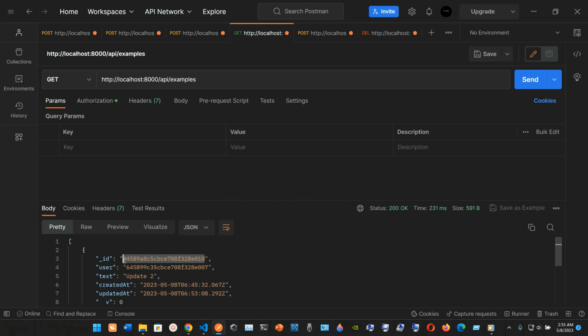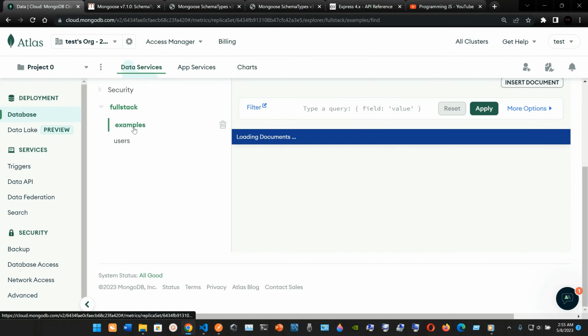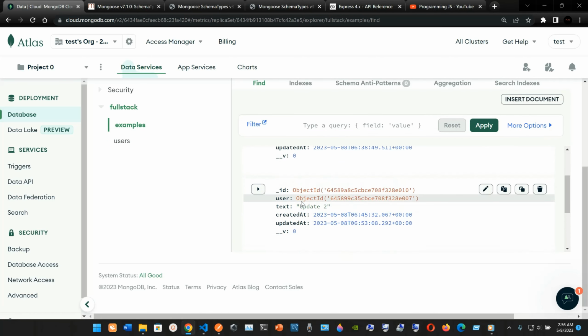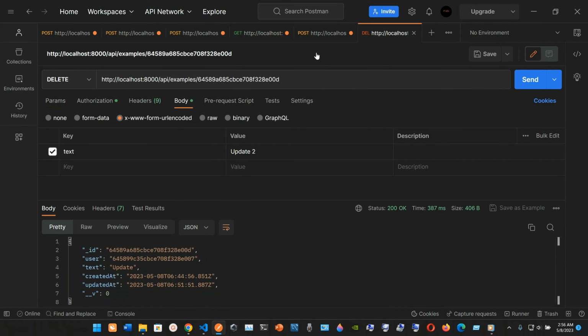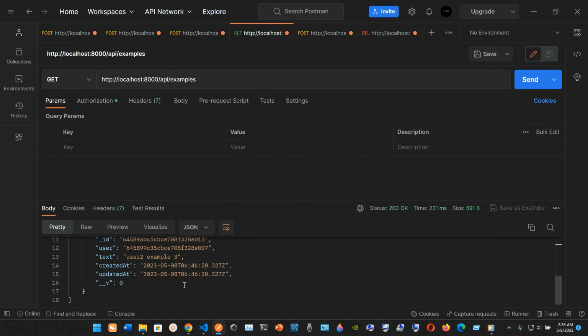So let's grab the second one, and you can go also into the examples, and instead of 3 I only have two examples for the user 2. So now let's delete the second one. Let me see, paste it, send it. Okay, I deleted the update 2,